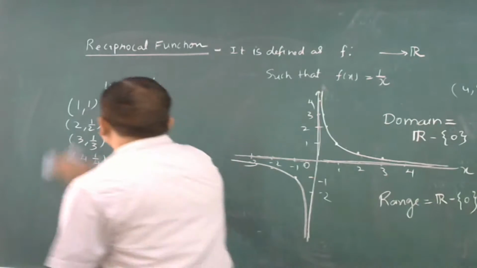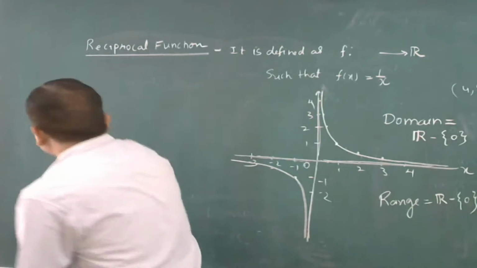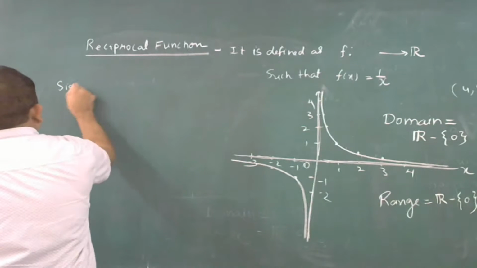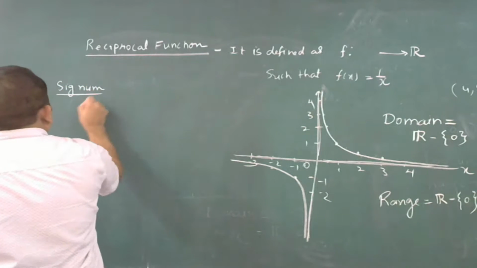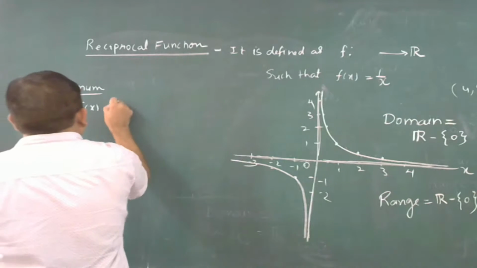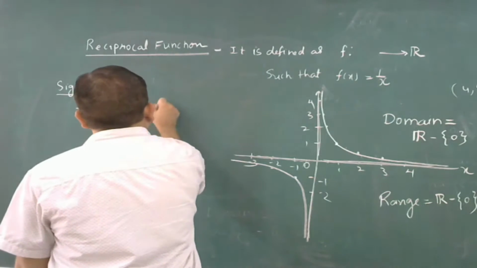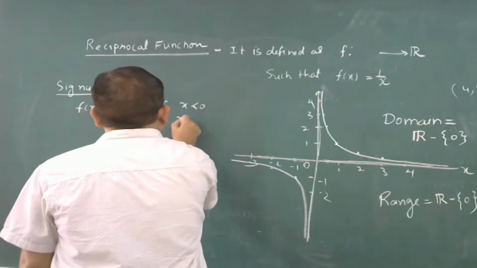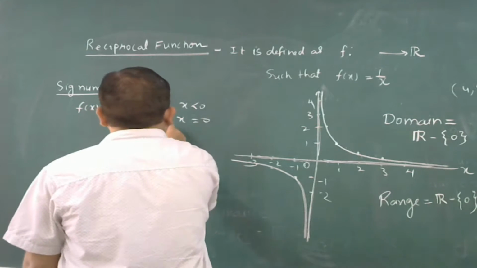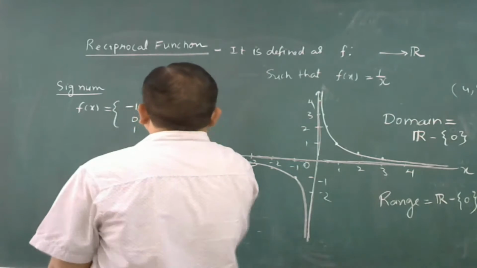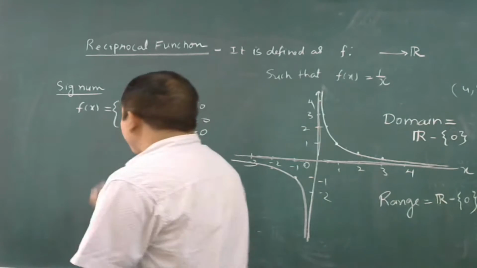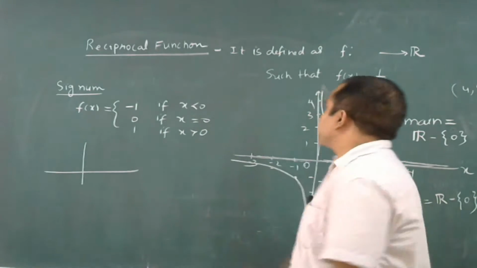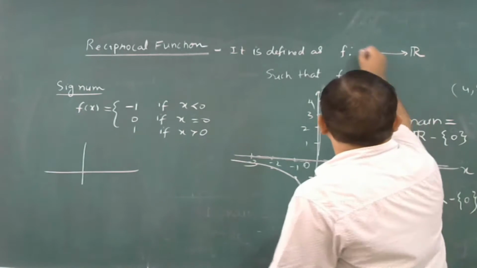Thank you, the class has been concluded, but signum function बहुत short में. The signum function was defined as f(x) equal to -1 if x is less than 0, 0 if x equal to 0, and 1 if x is greater than 0. Right? To draw the graph of this signum function, ये function define है इस तरह से, है ना, इसमें भी डोमेन में लिख लेना R minus {0},